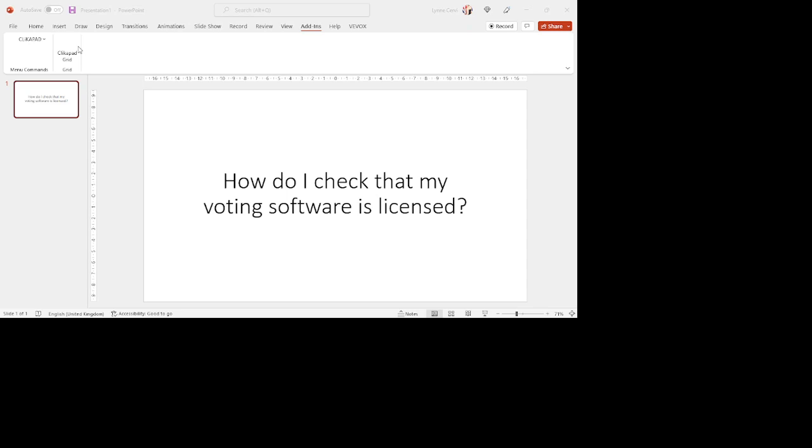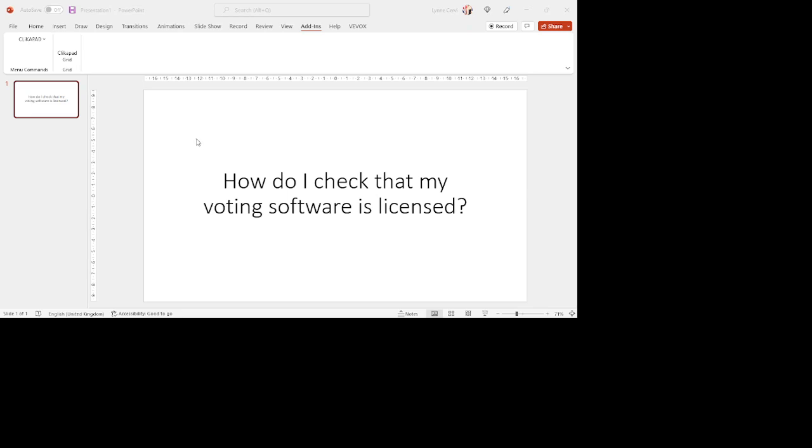But the second step here is to make sure that your license is active. Now, the reason for that is when you first install the product, you've got a full working version, but it's limited to just 3 keypads being able to vote. So although you'll be able to test all of your keypads and it looks fine, when you go to run a live vote, only the first 3 votes that get cast will actually be counted. So rather than waiting for that to happen to you, let's have a look at how you can check what